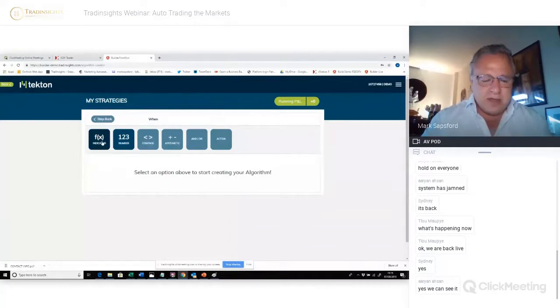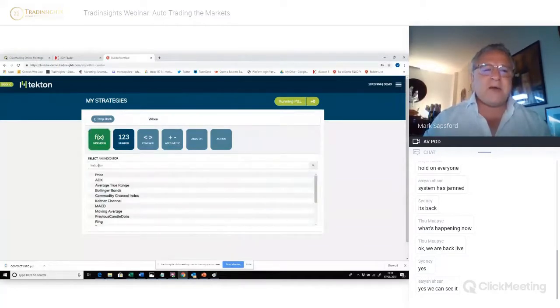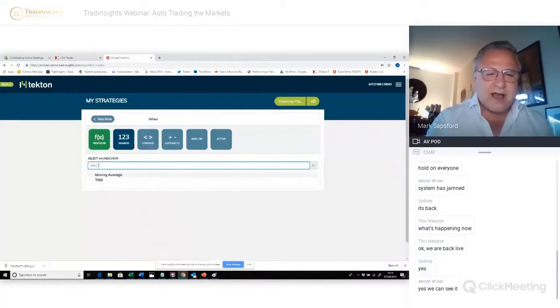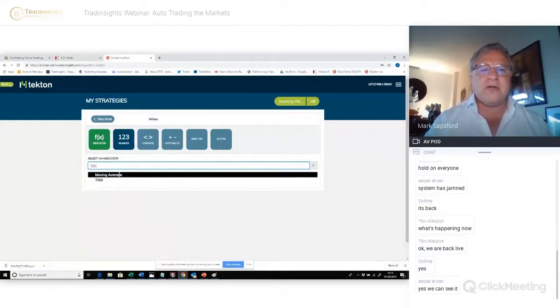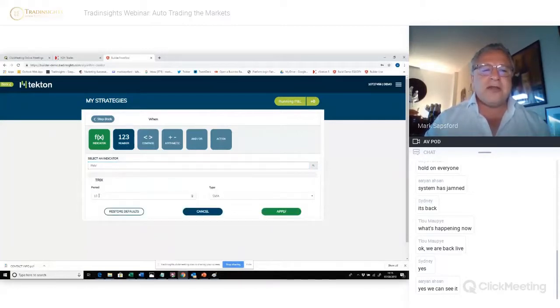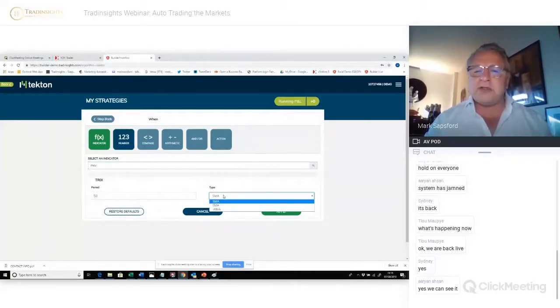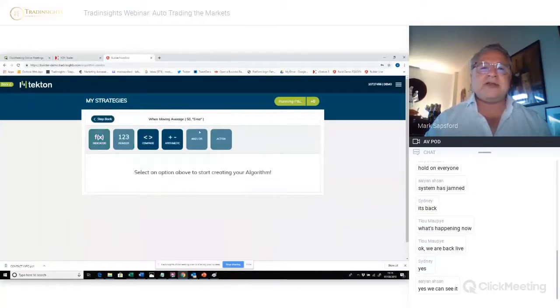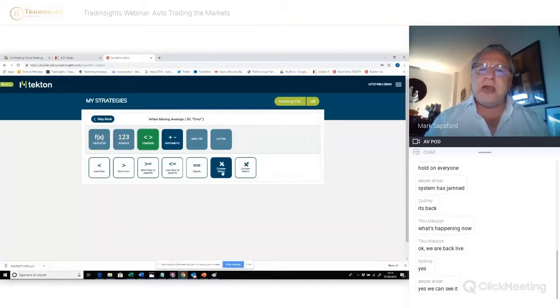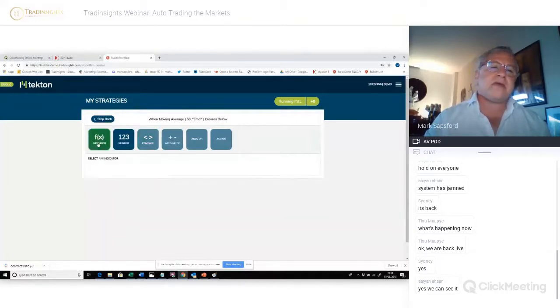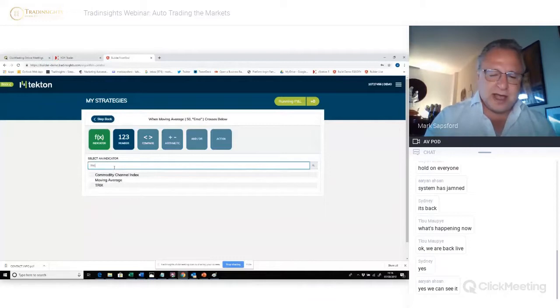So here we go. We click FX indicator and we type moving average. As soon as you start typing it, it recognizes what you want, moving average, and the number is 50. We have different options of moving average. We're going to use an EMA and we click apply. So as you can see, we have now started to write our condition. So when the moving average 50, click compare, crosses below the 200 moving average,